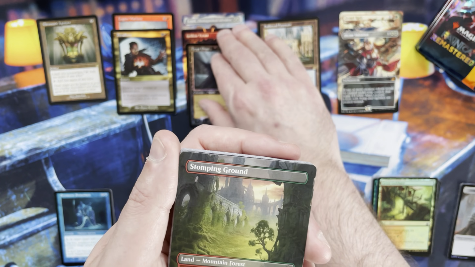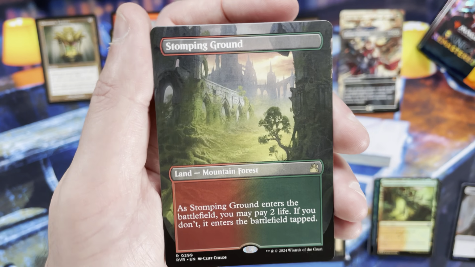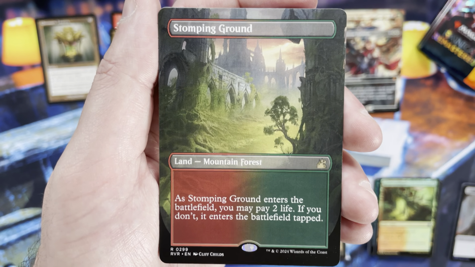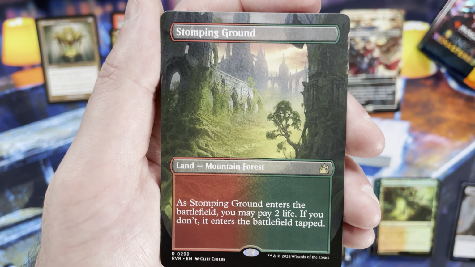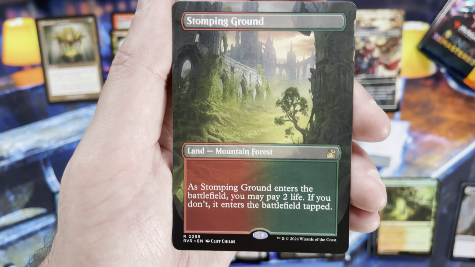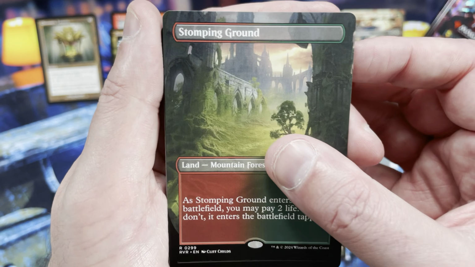There we go. Next Shockland of the box is Stomping Grounds. Very, very nice in that borderless treatment. I think the borderless cards look really, really good. They usually nail it with art nowadays. There's very few instances where I look at art from a set and think, ugh, that's just terrible. Most of the time I feel like they nailed it,